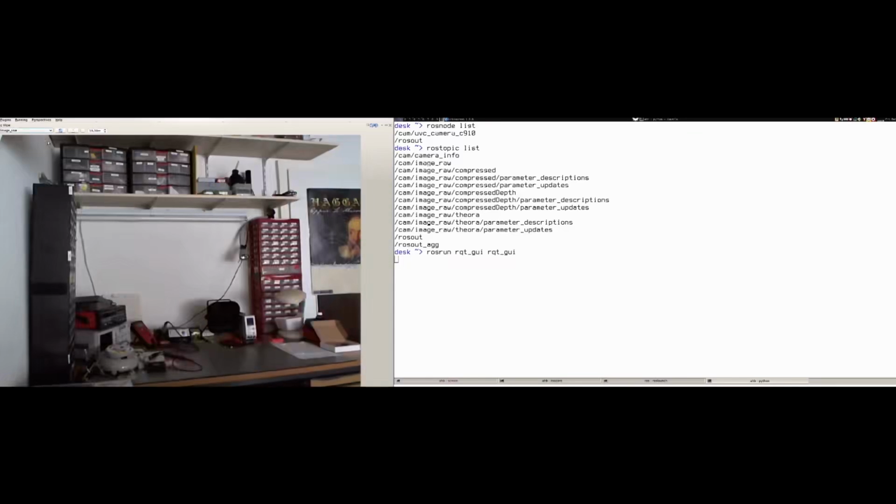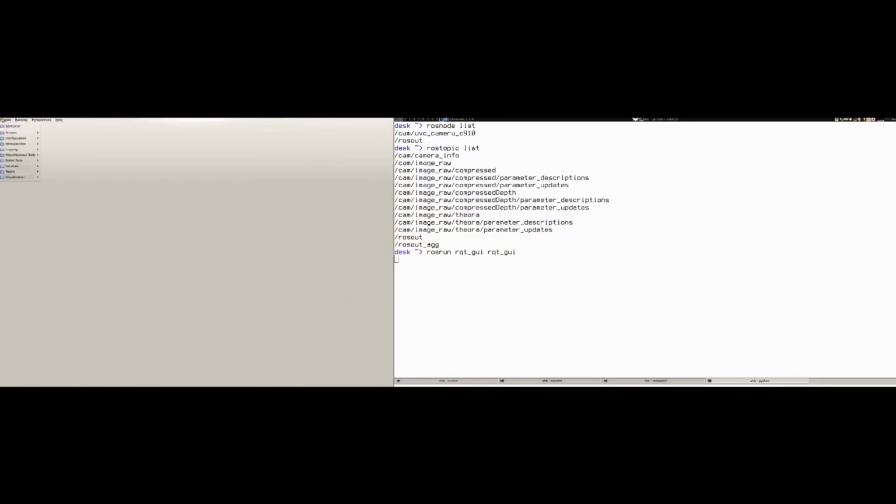And then you can have a drop-down menu, which gives you all the choices of topics that carry sensor messages image as their type. So these are normal two-dimensional images in ROS. And I can just select that and have a live view of my camera data. And this is